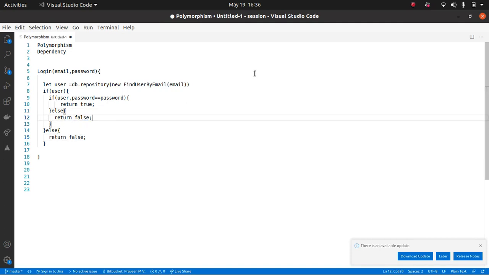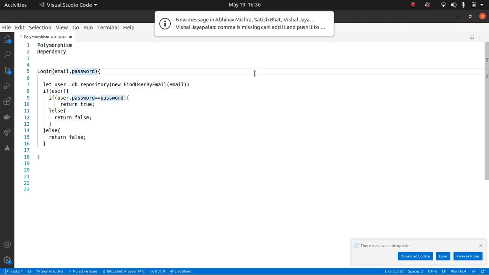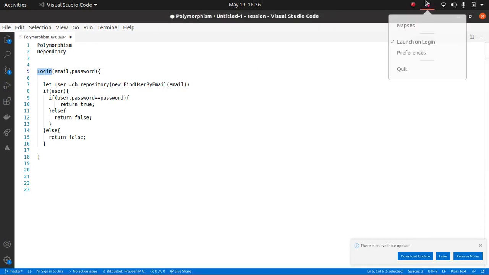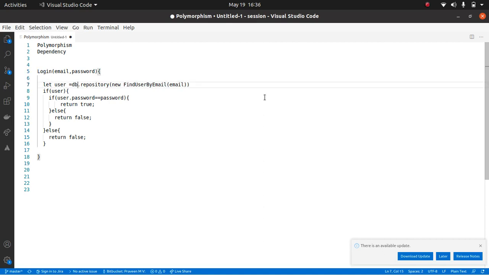So now the question is, what are the dependencies for login? Email and password. To one extent, yes, but there is some other much stronger dependency for login. What else is it dependent on? DB. Correct. So DB is one of the biggest dependencies for login.